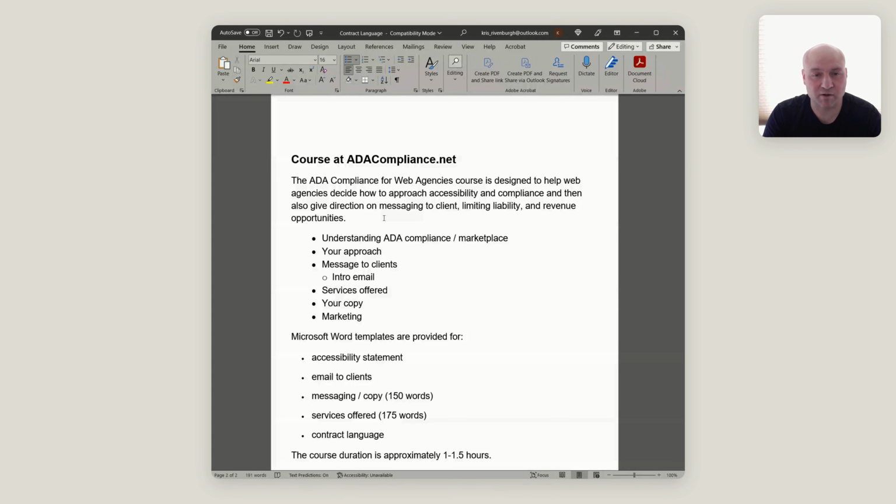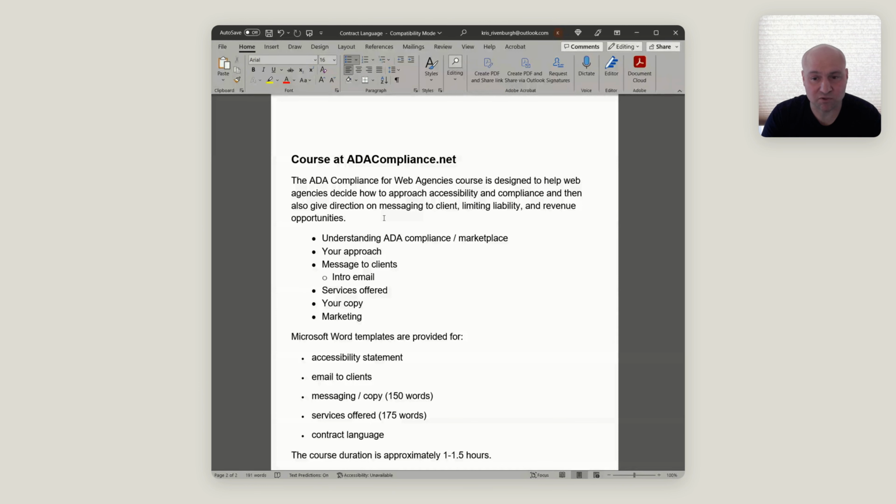And then there's also a template on messaging your clients with an intro email. So it's a delicate topic, because you don't want to come across like you haven't been doing your job and you haven't been providing excellent services. But at the same time, if accessibility hasn't been something you've been thinking about, it hasn't been something you've been aware about, then you're going to need to introduce this in a way that clients can understand. This is relatively new, but this is something that you want to make sure they know about, because it is something that, one, is very, very important, and two, can potentially lead to litigation. So there is an intro email template as well.